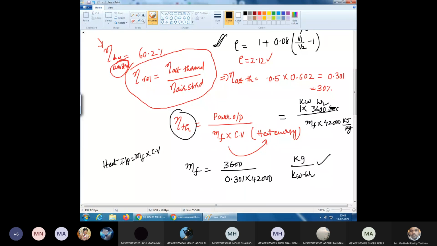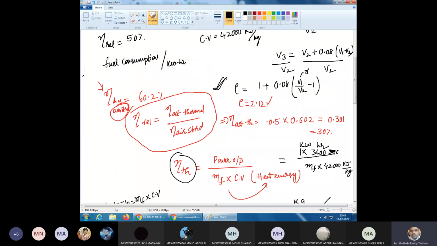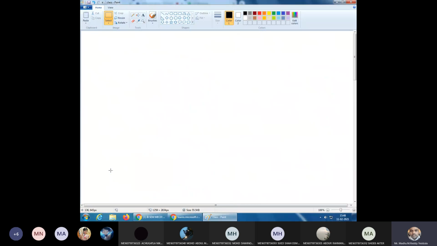Like this you need to practice the problems on Otto cycle and diesel cycle, and let me complete problems on dual cycle also, right? So 99% you will get a problem. Sometimes he will ask derivation also. Don't say, sir, you said that derivation won't come. If you refer to previous papers, sometimes he is asking derivation as well as problem. Sometimes he is giving a direct problem for 10 marks. Okay, right.